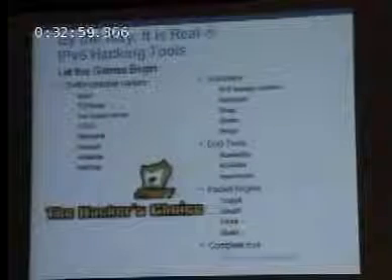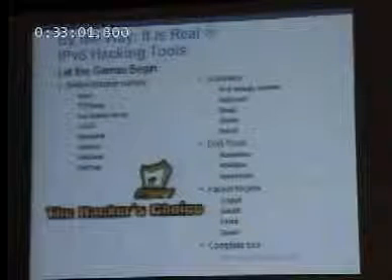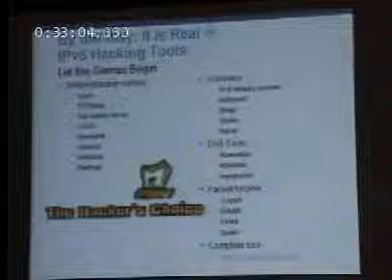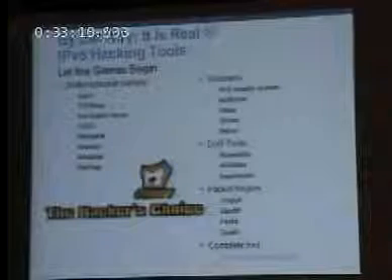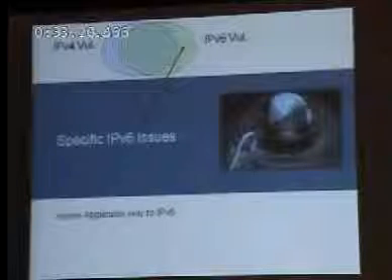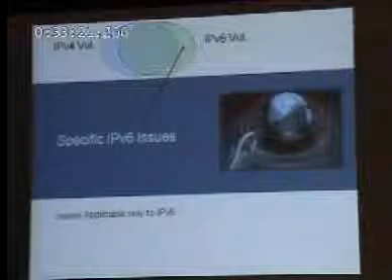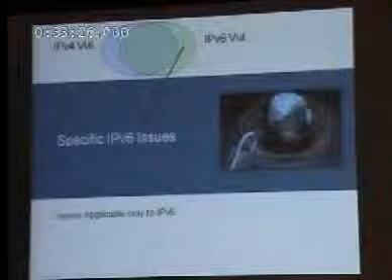Not the bad news or good news, it depends on which side you are. There are multiple tools for it, and Scapy, which I use a lot to generate packets or attack packets to see how things behave, is now working very well with IPv6. So it's even incorporated now. Okay, that's the first part: basically the good old tricks, ARP spoofing, reconnaissance, coming from v4, applicable to v6 as well. So now, let's move to the more interesting part, specific IPv6 issues.